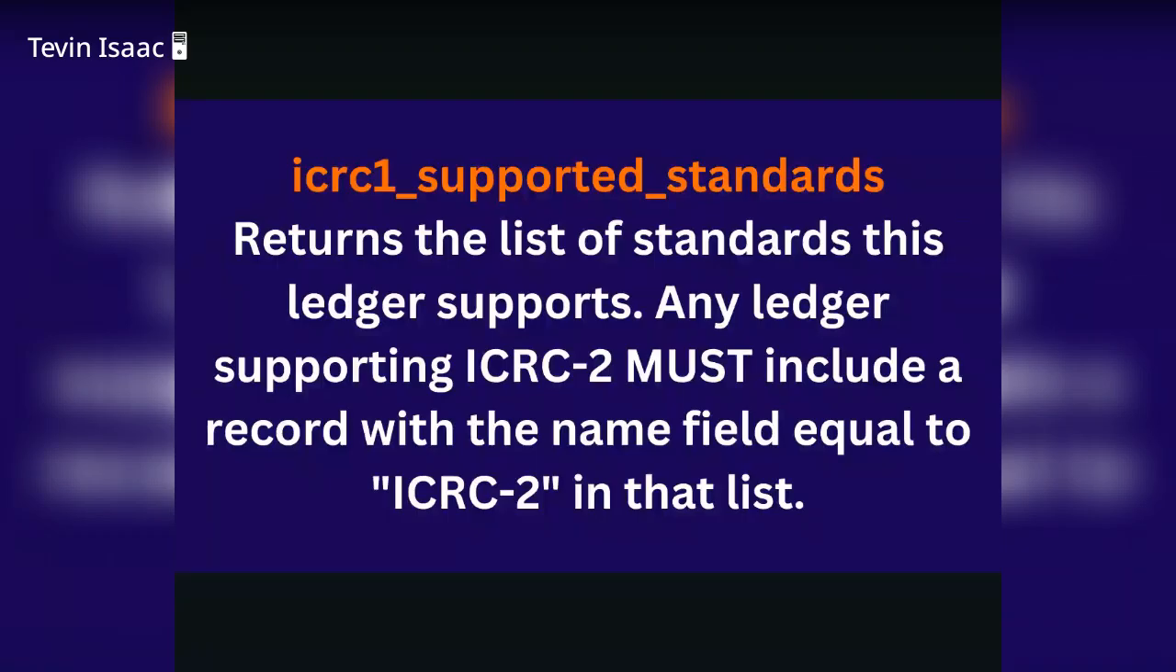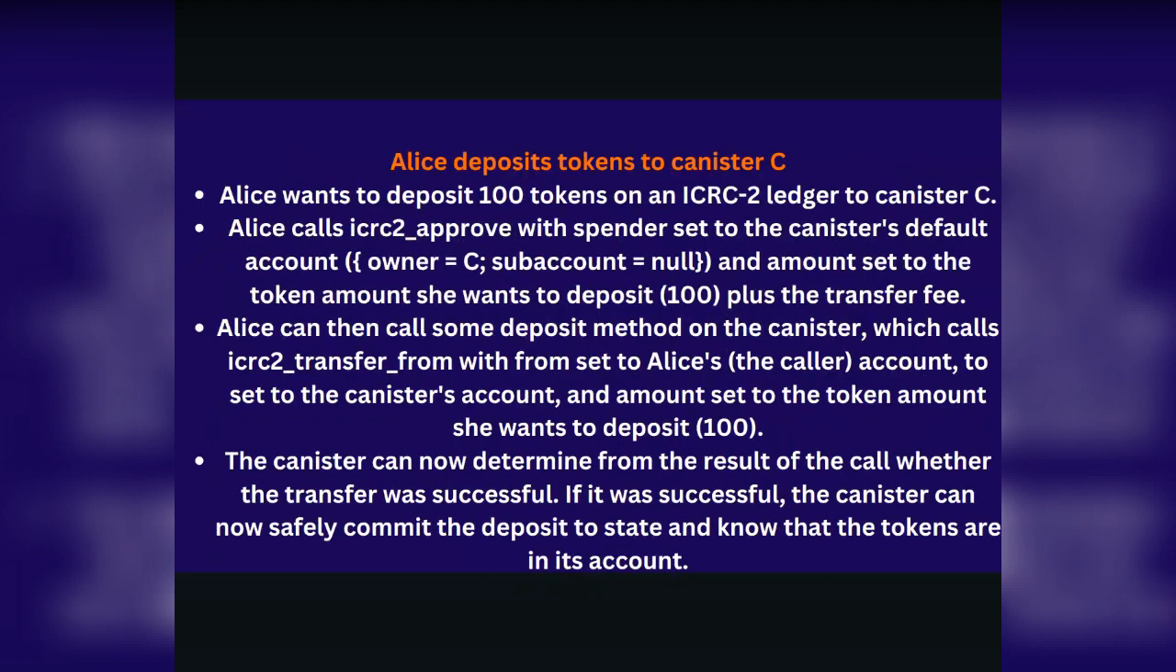So imagine a scenario whereby Alice is depositing tokens to canister C. So Alice wants to deposit 100 tokens on an ICRC2 ledger to canister C. So Alice calls an ICRC2 approve with the spender set to the canister's default account, and the amount set to the token amount she wants to deposit, her 100 tokens plus the transfer fees. So she first calls the approve method, and then Alice can then call some deposit method on the canister, which